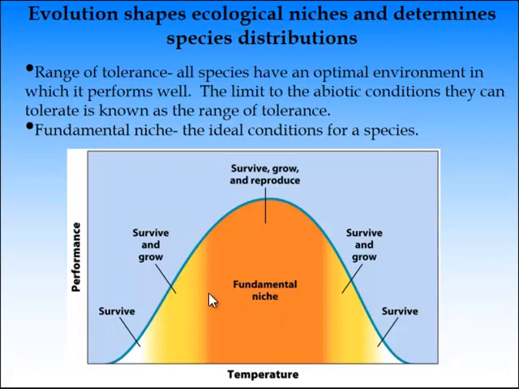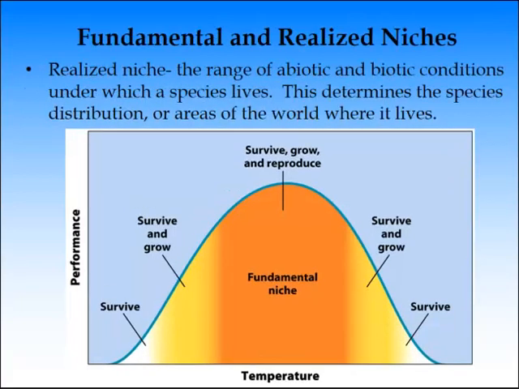So this curve is actually showing a pretty large range. So this organism isn't too picky and finicky. So it has a larger range of tolerance. Some organisms are finicky, and this curve is going to be much steeper, and survival and growth are going to take up a lot more space on it. That's not a good thing, and we'll learn about that. Some other pressures or limits to survival and growth and reproduction are biotics such as predators, competition, disease. You'll see that.